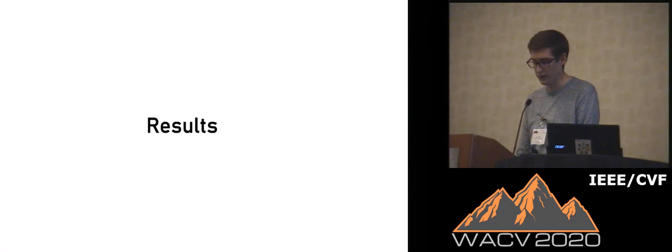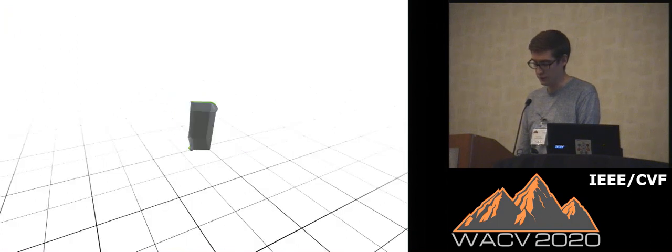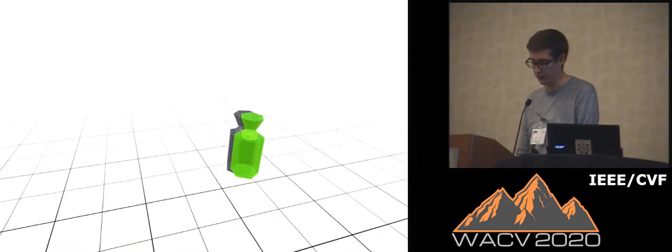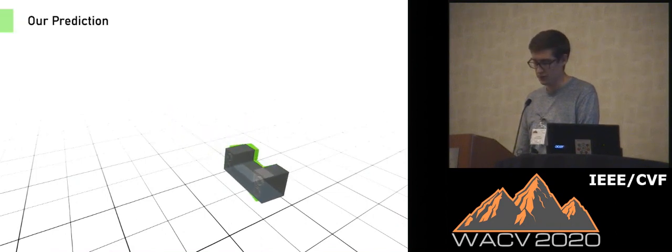We show results of our method accurately predicting trajectories for a variety of object shapes. By training on a diverse set of primitive and ShapeNet objects, our method can generalize to unseen shapes both within and across object categories, as shown in all the examples here. Additionally, our method is capable of detecting when an object will topple over.